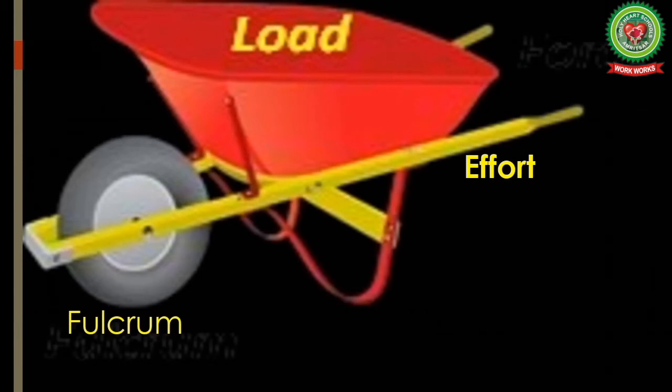This is a wheelbarrow which is used to carry load from one place to another easily. This is a simple machine. The container in which the load is put is placed in the center, whereas the effort is applied at the ends of wheelbarrow and fulcrum is located at another end of the wheelbarrow. In this way, we can say that wheelbarrow is a second class lever. Why? Because load is located between fulcrum and effort.